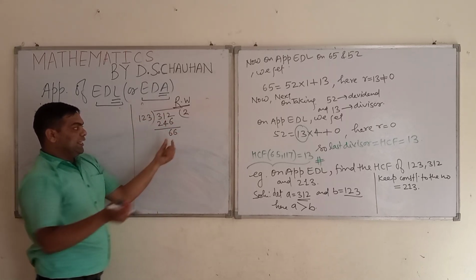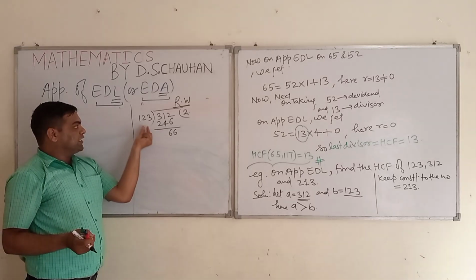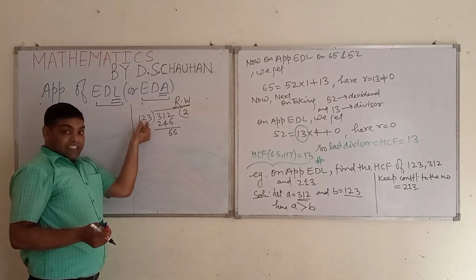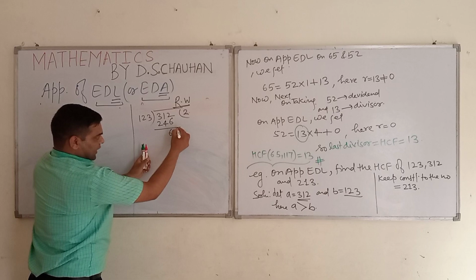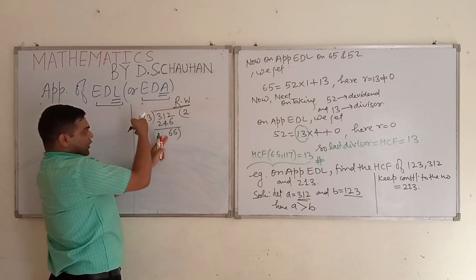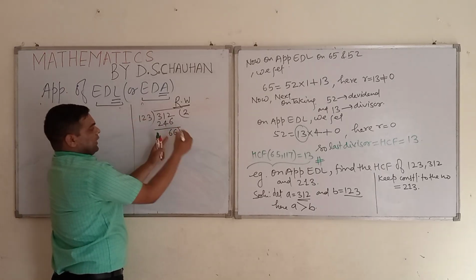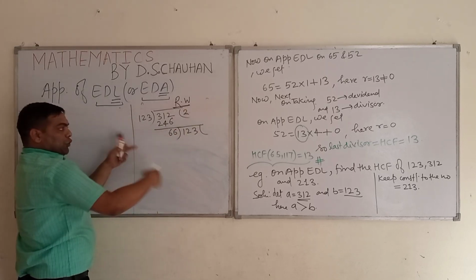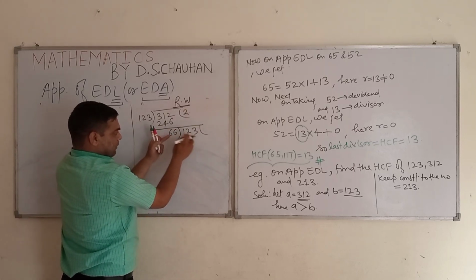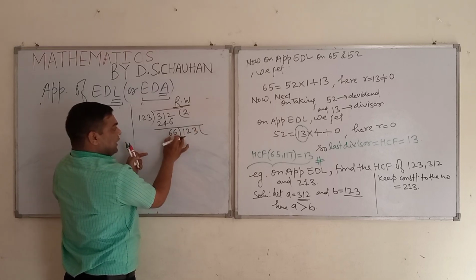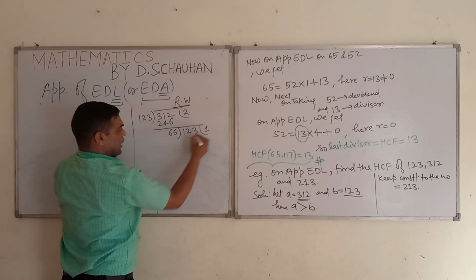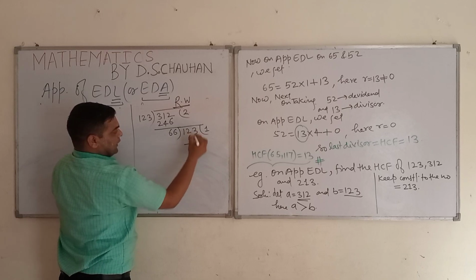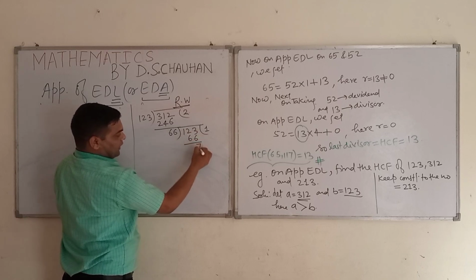Now see, this is the remainder which is smaller than this divisor. So make it the divisor and the previous divisor the dividend, as I have explained earlier. 6 2 is 12, and division will run here one time. So what will you get here, this 13 minus 6, what will you get?